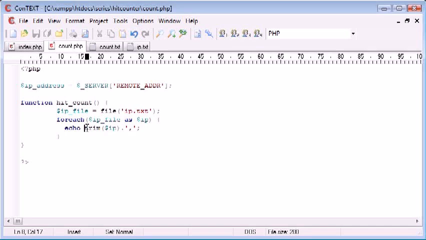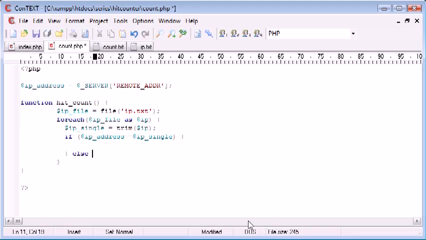So we don't actually want to echo out the IP addresses, we just want to use them inside here. So I'm going to create a variable called IP single, and that's equal to each one. So we can use this variable to check whether the user's IP address, which is up here, corresponds to one already in here. So we can say if IP address is equal to, using our double equals comparison operator, IP single, do something, otherwise